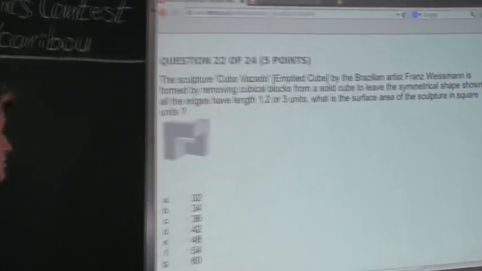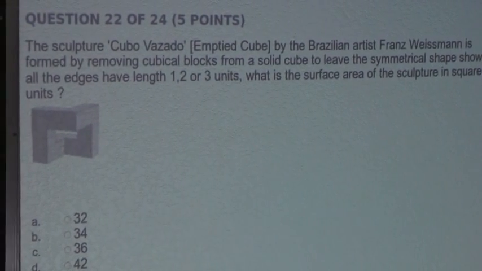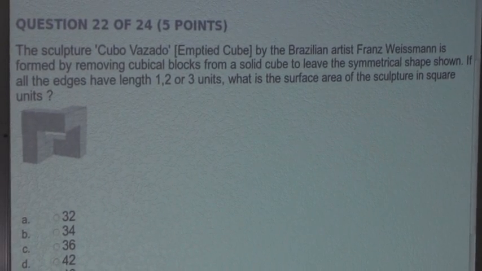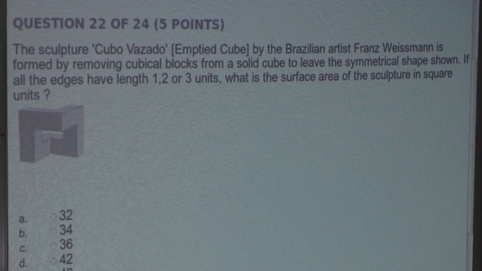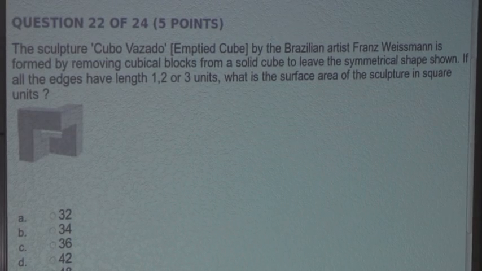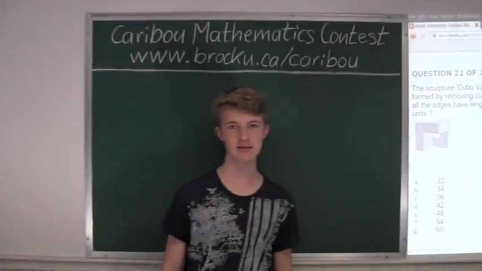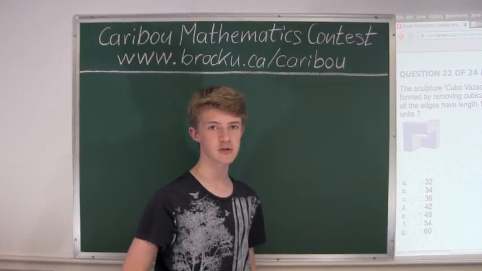So the question is: the sculpture Cubo Vazado, Emptied Cube, by the Brazilian artist Franz Weissmann is formed by removing cubical blocks from a solid cube to leave the symmetrical shape shown. If all the edges have length 1, 2, or 3 units, what is the surface area of the sculpture in square units? So let's imagine we are standing in front of this cube, and we are staring straight at the